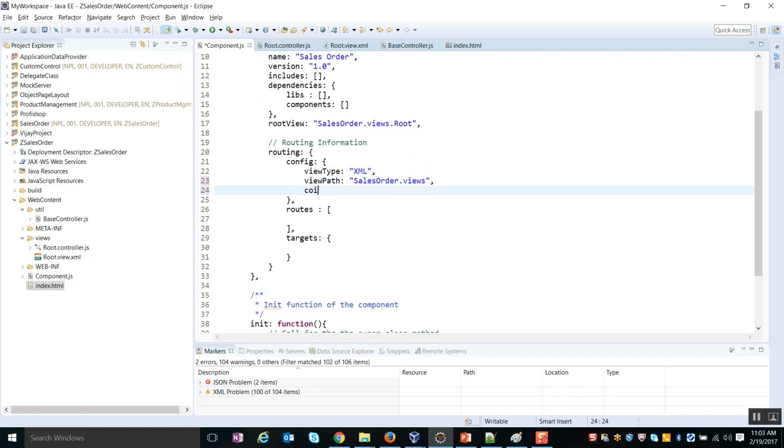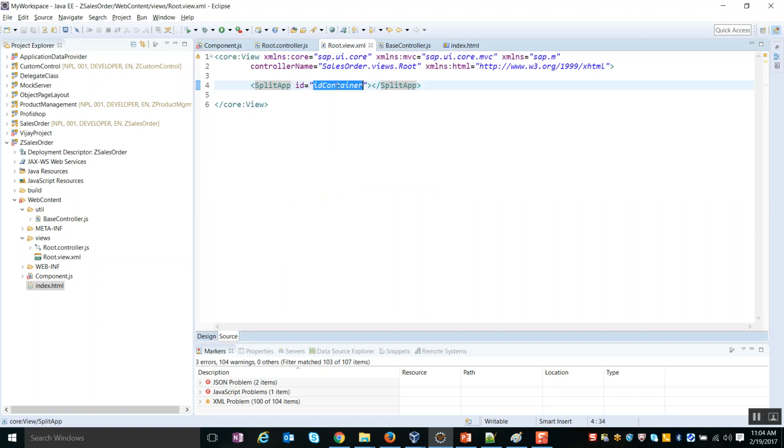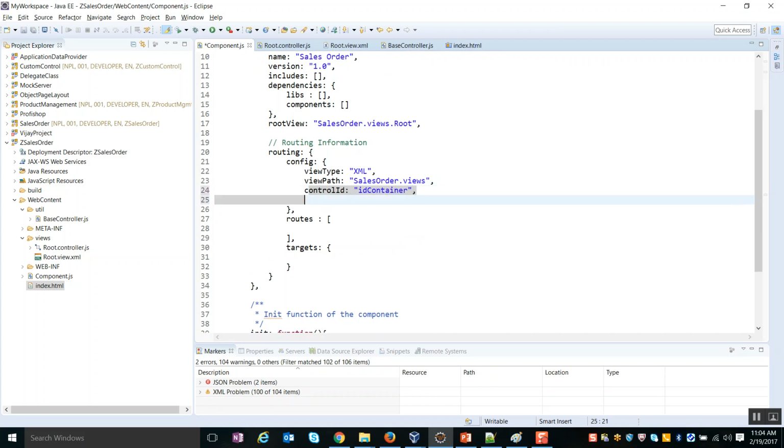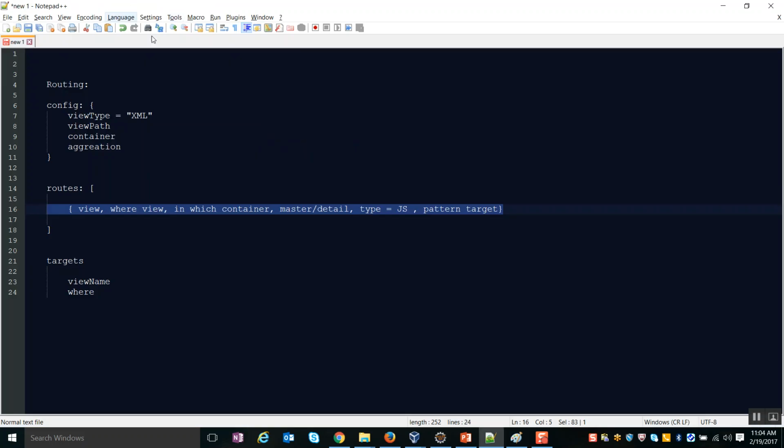Then what is the control which I'm going to use as a root container? So I'm just going to specify the control ID property over here, where in the control ID property I'm going to give the split app container ID, indicating that this is going to be the container for my application. Then in that container, what is the aggregation that I wanted to use as a default? So if you take the split app container,